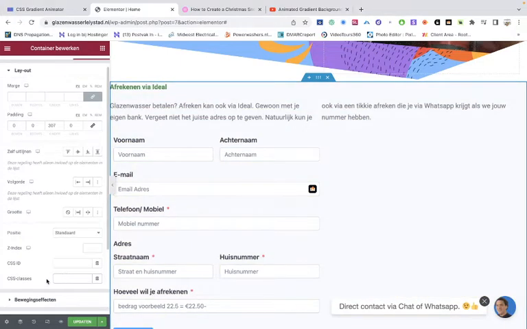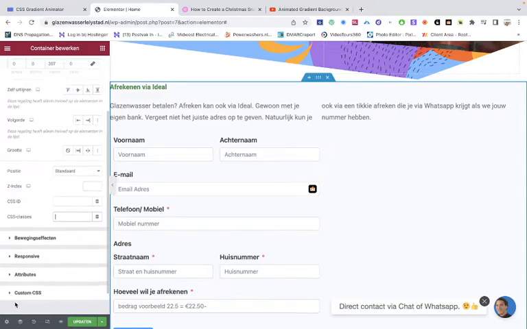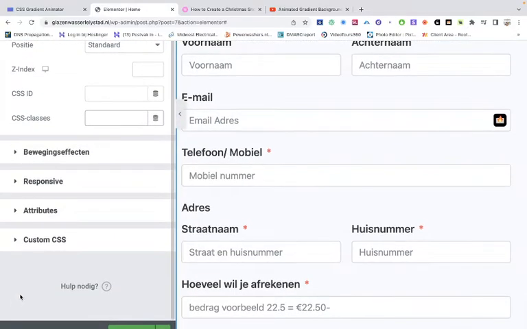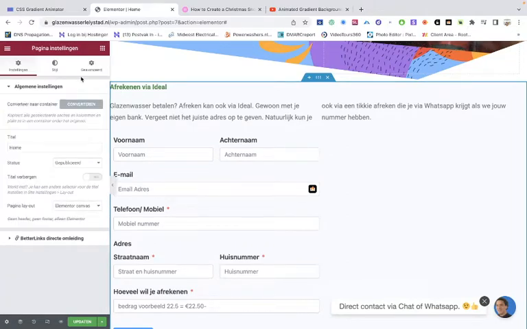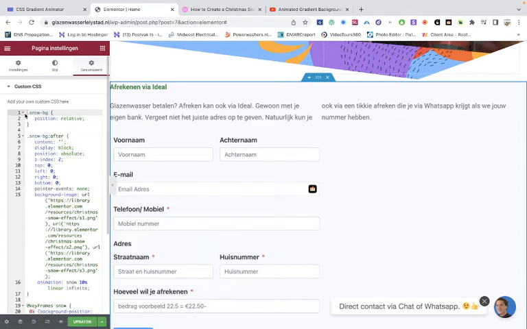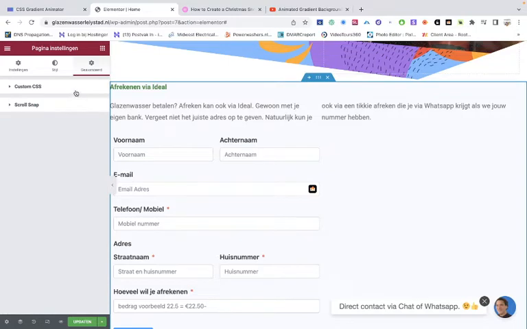So you only have to use the CSS class, and if you want to change the whole page, then you go here to the spinning wheel, or the wheel is not spinning but it's just the wheel. Then you do the same, and let's delete this one. Well, actually let it be, because I want to show you that as well. But what you have to do is then choose the CSS class and change it for the whole website, for the whole page. So what you have to do, let's save this, is going